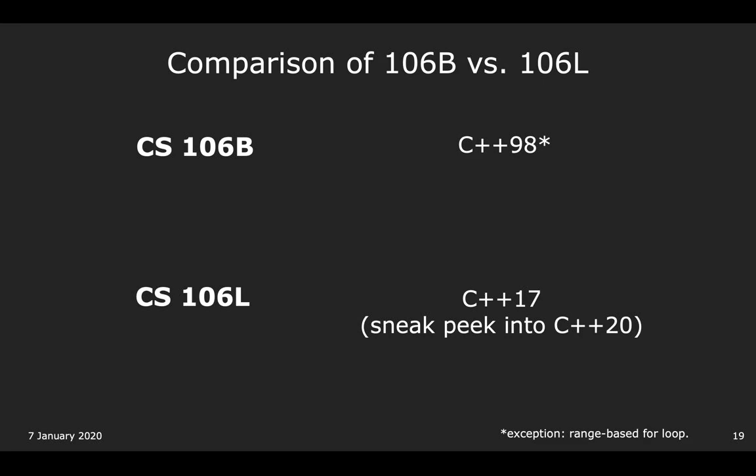So in CS106L, we'll be learning stuff from C++17. Any guesses as to when that came out? 2017, yeah. And in fact, there's a new standard coming out this year called C++20. And C++20 is pretty revolutionary in terms of the changes it has brought. The last major change was C++11, 9 years ago, and now they've been revamping it even more.